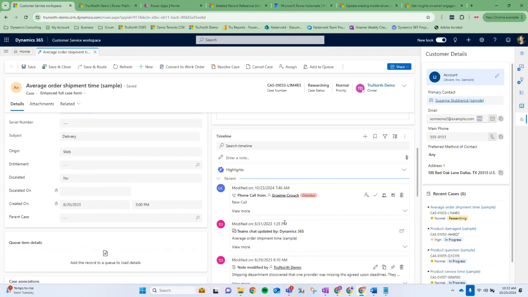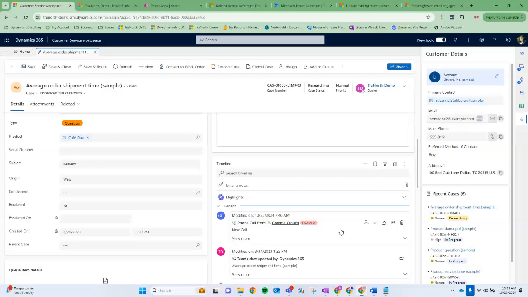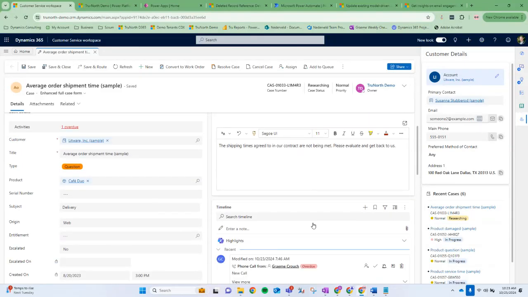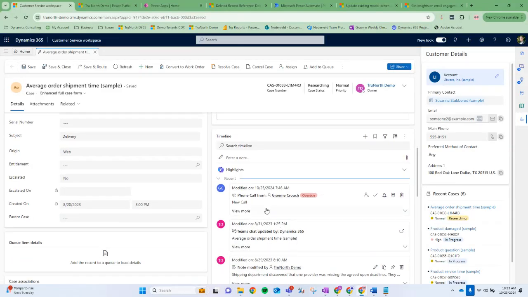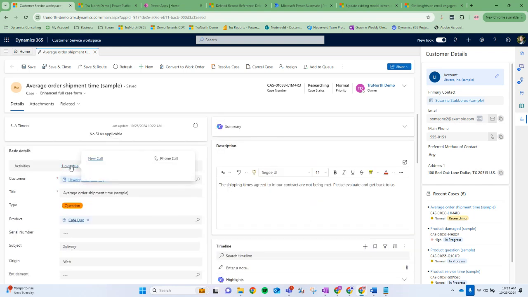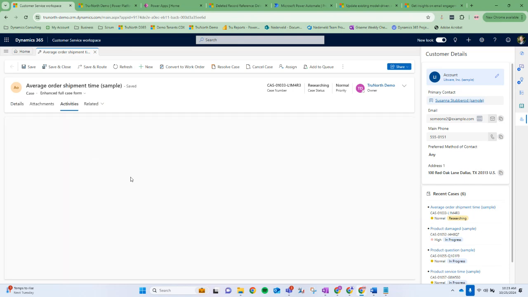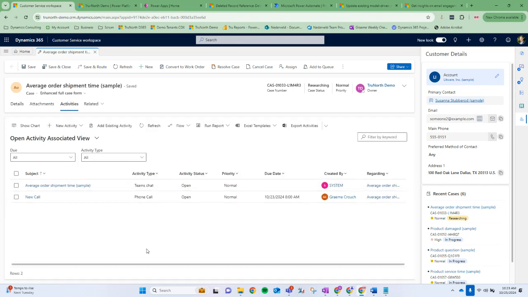Also, instead of having to look through all of your timelines and all of your follow-ups that you've had scheduled, based upon the due dates that you're establishing in your emails or your phone calls, as you can see here, it's making that front and center. So it's telling me right away, hey, look, as you've navigated to this case, there are some activities that are overdue. So I can click right in here. It says, oh, okay, you need to make a phone call. So I can click without having to go through my timeline and find out what that call is. I just click on that